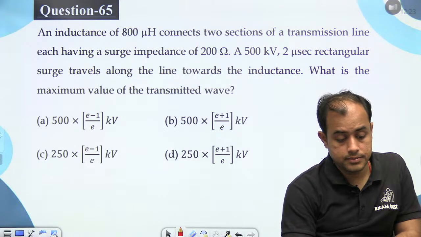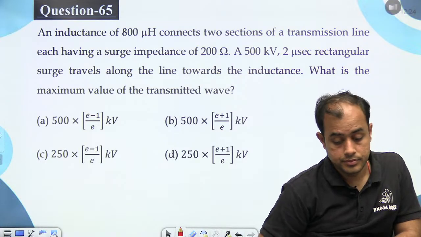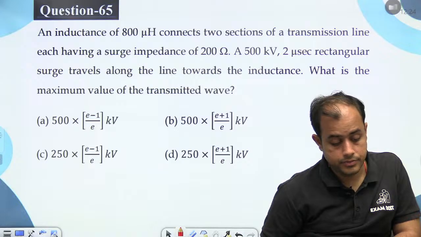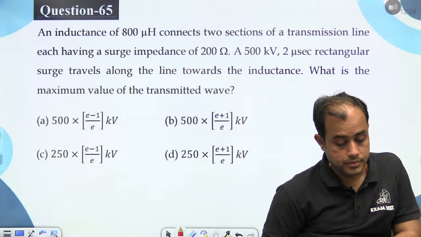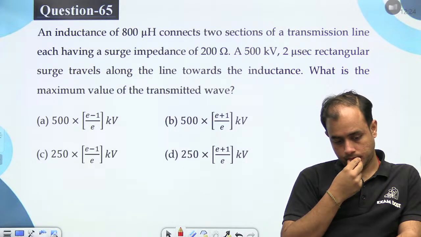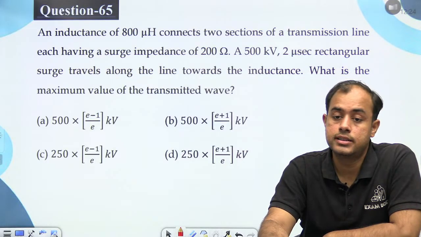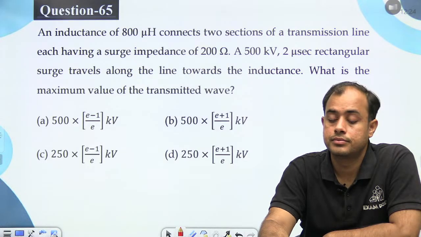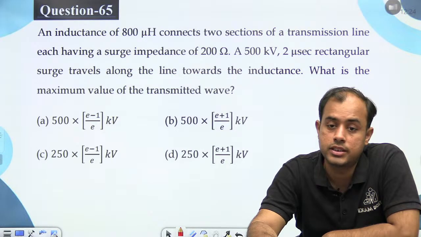सर्ज इम्पिडेंस 200 है, 2 माइक्रोसेकंड का है। मैक्सिमम वैल्यू ऑफ ट्रांसमिटेड वेव, लाइन से जा रहा है इंडक्टेंस में। सडनली अगर आप 500 केवी लगाते हो एक इंडक्टर पे, तो वोल्टेज तो सडनली बदल ही सकता है अपना। वोल्टेज कैन चेंज सडनली। देखते हैं, क्योंकि इंडक्टेंस को वैसे तो ओपन सर्किट की तरह ट्रीट करेंगे, तब तो ट्रांसमिटेड वोल्टेज 1000 होना चाहिए।